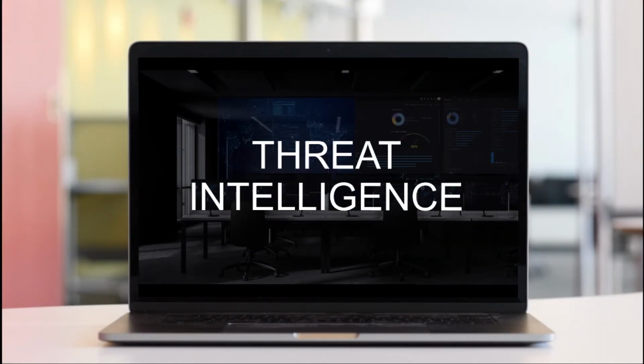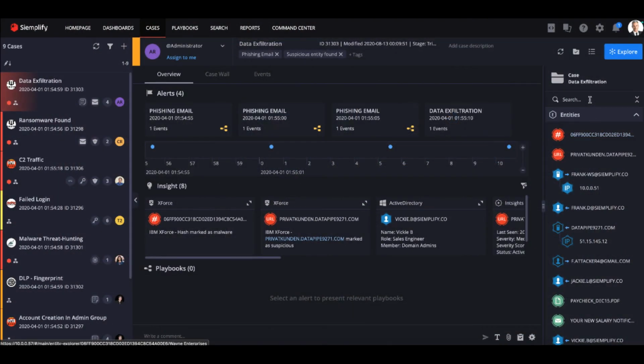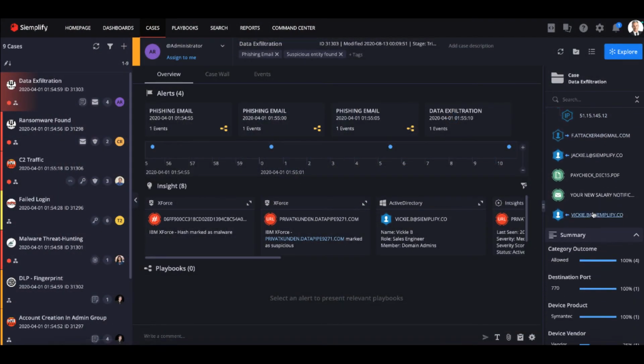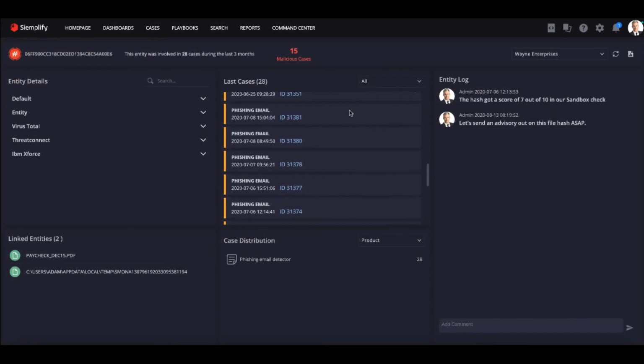Siemplify also enables you to deliver threat intelligence services by aggregating entity-based threat data so you can draw conclusions for the benefit of your entire customer base. This is a differentiated value proposition for any service provider in the business, and one that is made powerfully simple by our platform. For example, as we click here on this file hash, you can see we have a customer